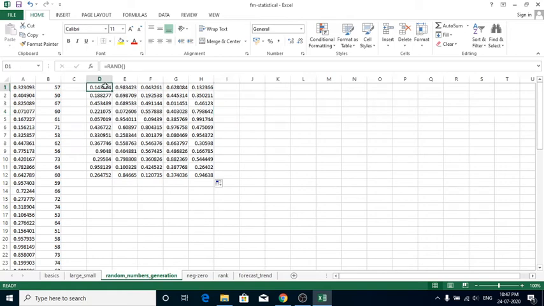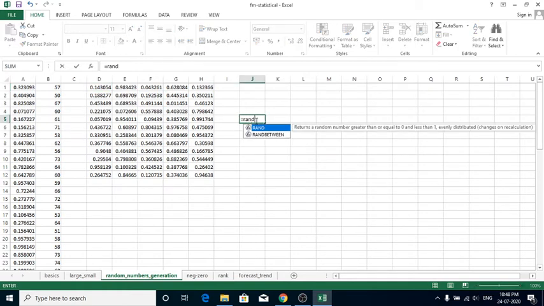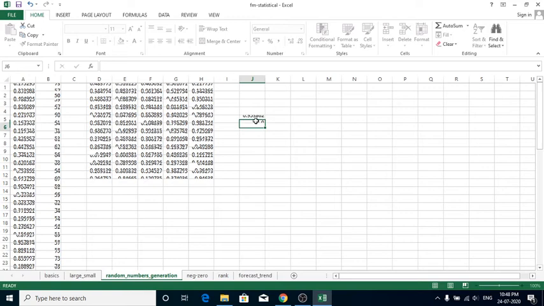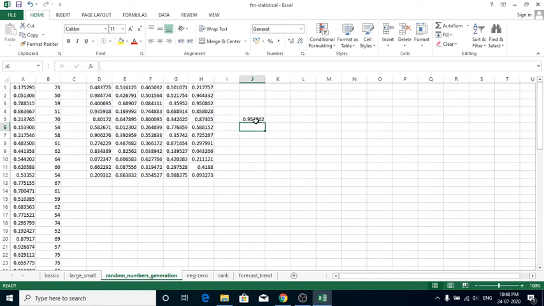So these random numbers or random functions are dynamic in nature. That means whenever we change a particular value, all the random numbers will be changed dynamically. The previously generated random numbers will not occur for the next random generation. So if I click anything on here, just look at the screen, all the random numbers will be changed. See, all the randomly generated numbers are changed. This is why we are saying that random functions are dynamic in nature.